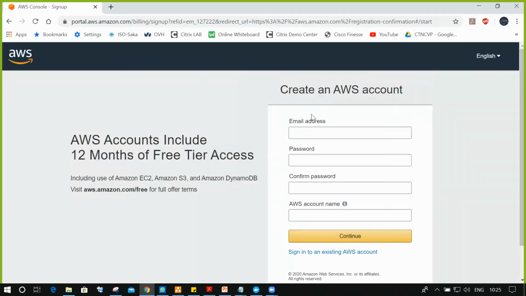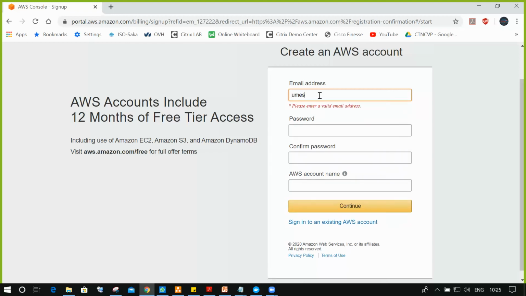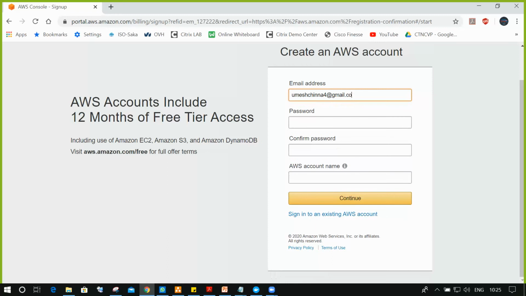So this is your account creation window. Here you can type your mail address. Just give me an example. What is your mail address, Umesh? Umesh Chinna 4 at the rate of gmail.com.